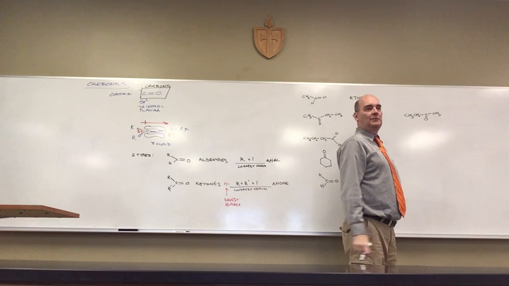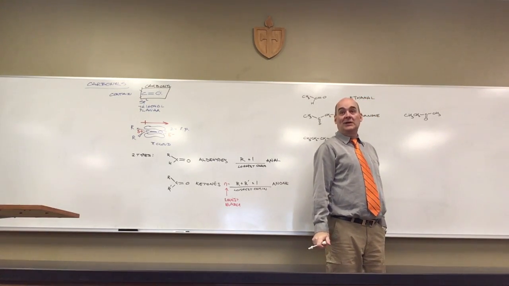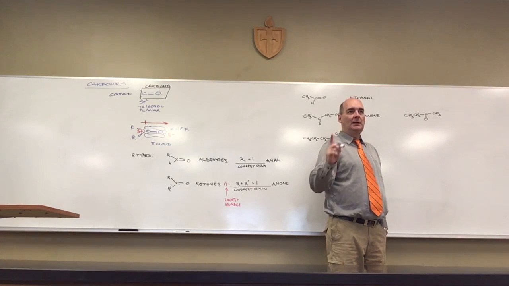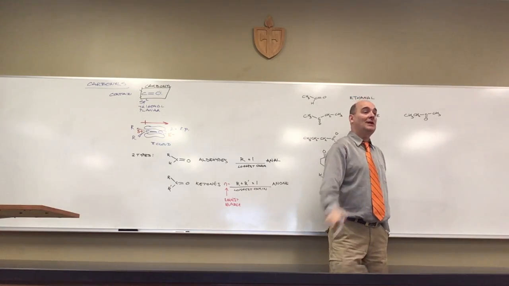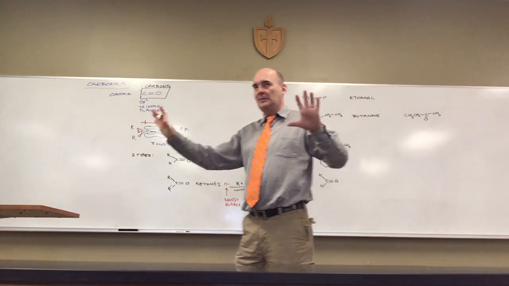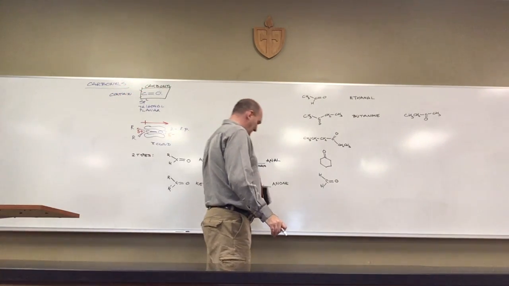This would be 3 butanone. 3 butanone is 2 butanone. Would there be such a thing as 1 butanone? No, can't be at the 1. To be at the terminal carbon of the chain would mean it's no longer a ketone. Ketones have carbons on both sides of the carbonyl. So there is no 1, but